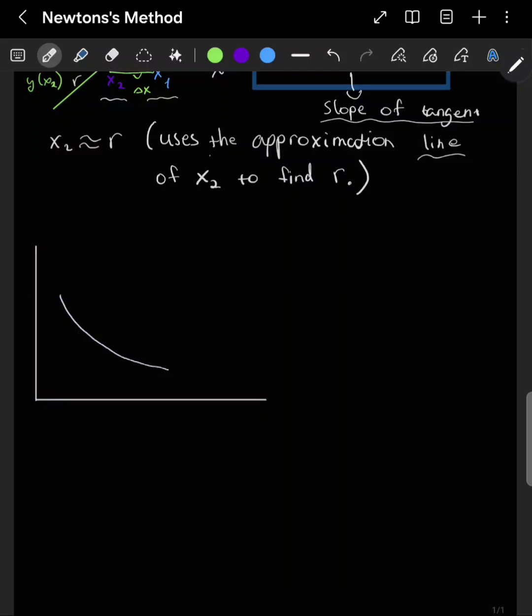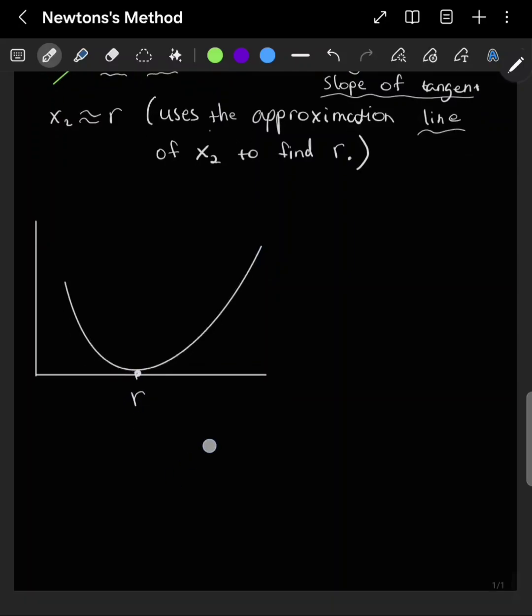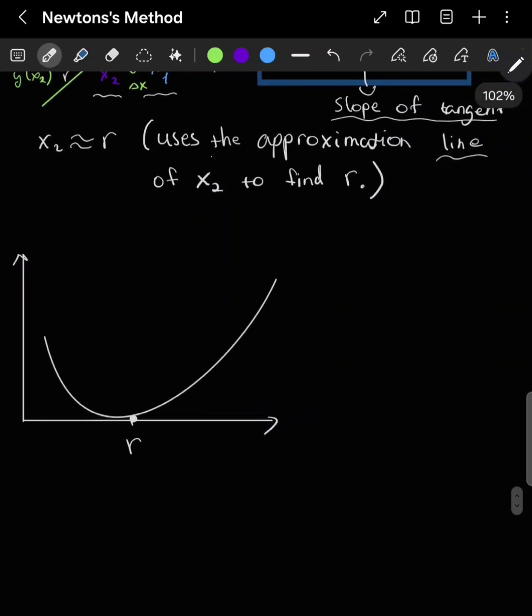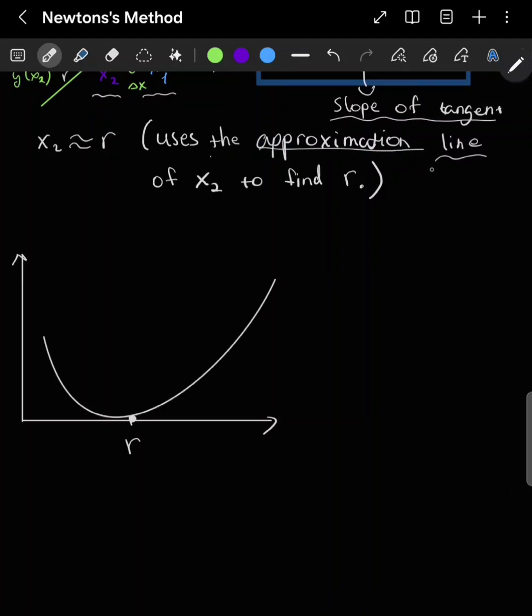So imagine that there is a function that intersects the x-axis at this point. Let's call this r, right? So let me just draw it again. So what Newton's method does is that it uses the approximation line, which we know as the tangent line,